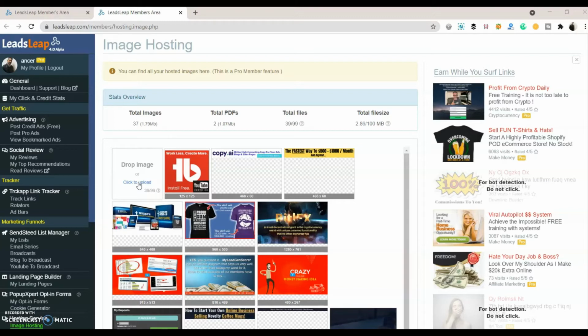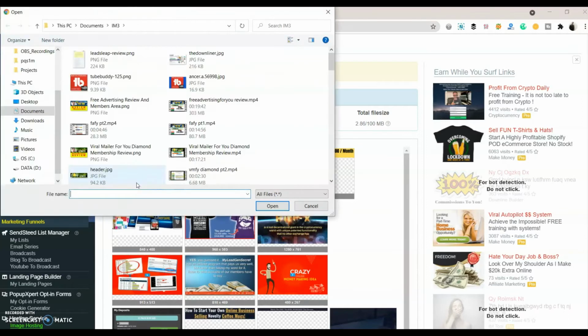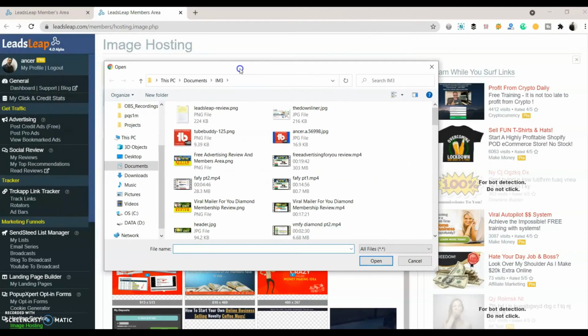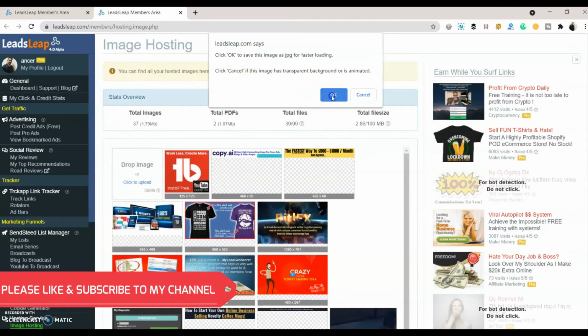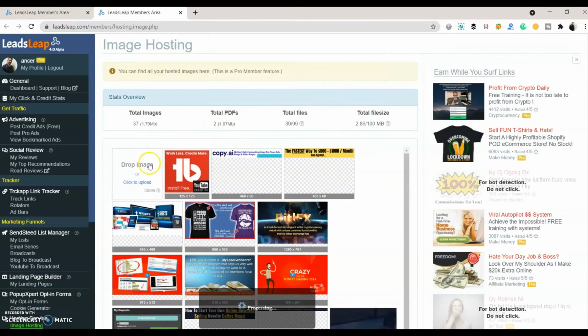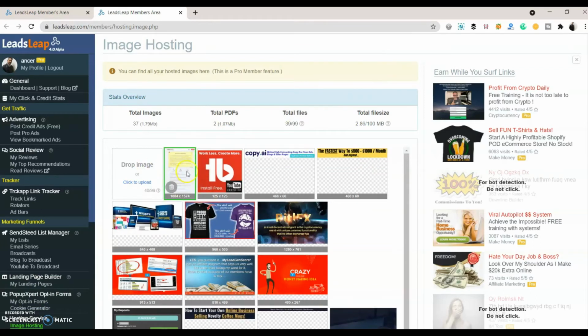So I'll quickly click this and see. Alright, so I'm going to use one of my images that I've done for some other program. So let's say I want to choose this one, which is a screenshot of the LeadsLeap homepage. So let's open this, let's choose it. So here it is. As you can see, I've uploaded the image,